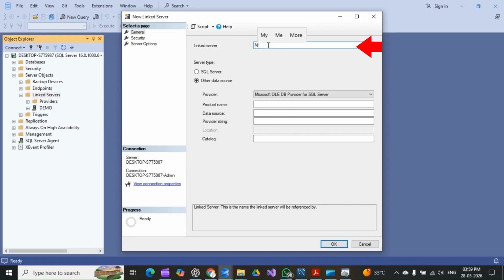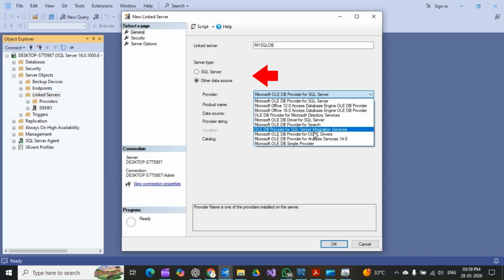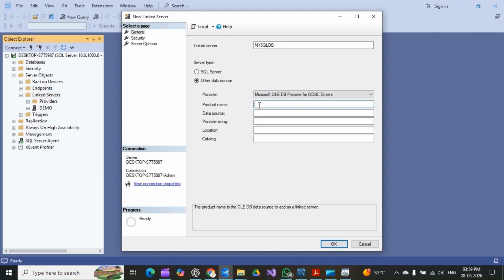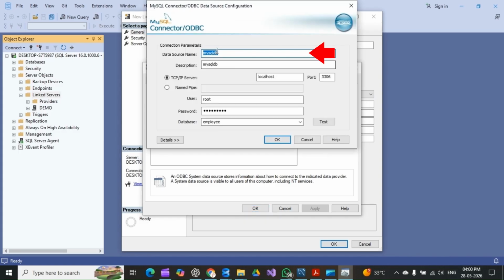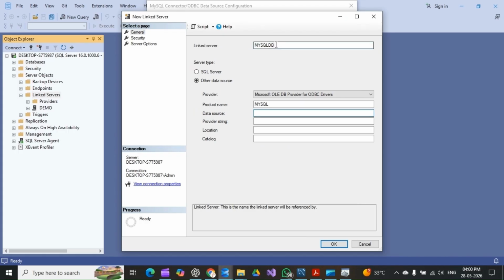Here you can provide the linked server name as per your convenience. I will give the name MySQL DB. After that, for server type, you can select Other data source, like the Microsoft OLE DB Provider for ODBC Drivers. You can select that one. For the product name, I have given MySQL. Then after that, data source. We have the already created data source, so I will copy that name and paste it in the data source. So just paste that